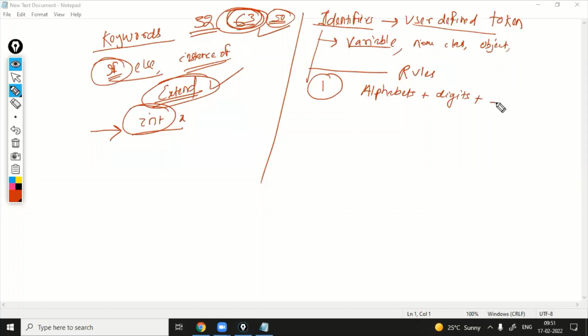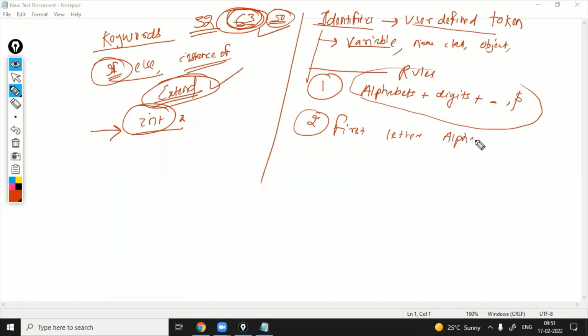One is the underscore, and another is the dollar. I think dollar is not there in C programming, but here they added the dollar symbol. With the help of these, you can create your identifier. And the second rule is about the first letter. The first letter should be an alphabet.